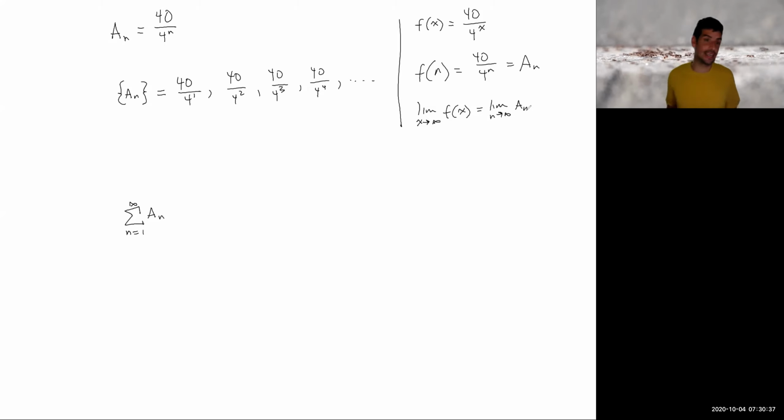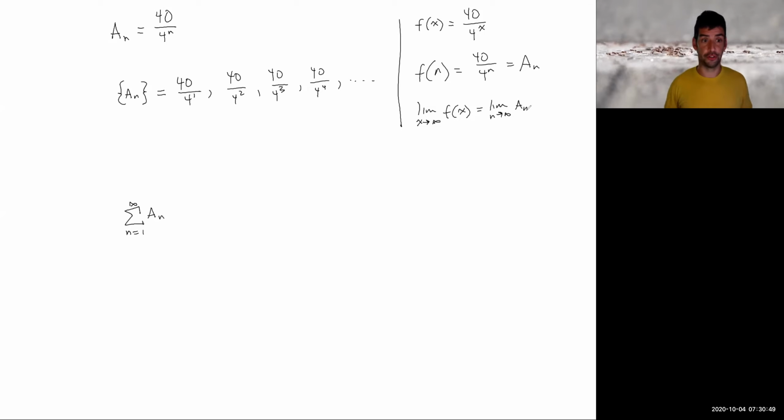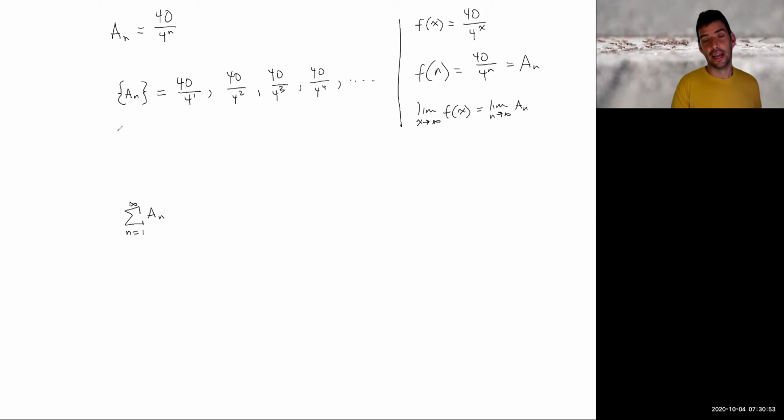So that's technically how we solve these problems. We find a function with the same values as the sequence on the integers, and then take the limit of that function, and then we just use all the stuff you know about limits from previous calculus courses, right? Now, in practice, we usually get a little bit lazy and just write out